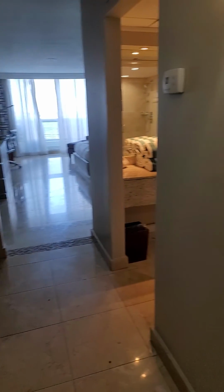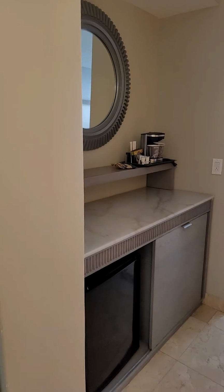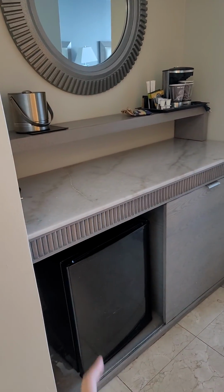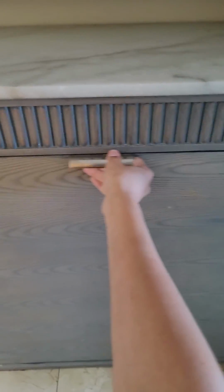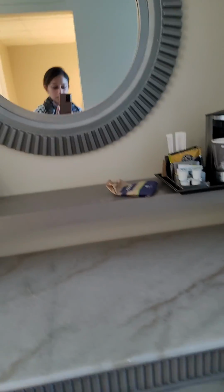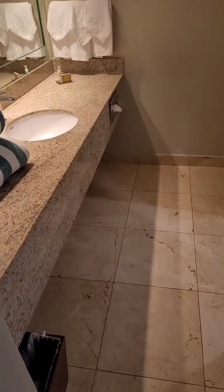Hey everyone, I'm at the Doubletree Hilton at Biscayne Bay, and this is a really beautiful hotel. When you enter, you have this full mirror with a lot of storage, and right here you have the refrigerator, and you also have a microwave in here. So that's really nice, especially for my little kids. It's super convenient. And then you have the restroom